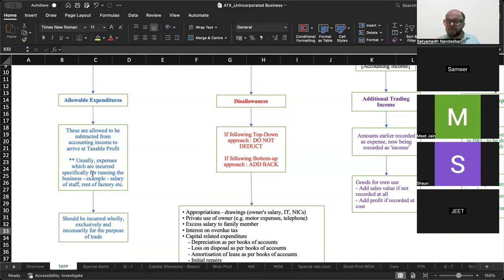Now, there are different reasons why these might not be allowed as a deduction. For example, Companies Act का depreciation or accounting depreciation is not allowed as a deduction. The provision is very simple. It says that income tax authorities say कि भाई हमारा अपना approach है. We have our own approach for calculating depreciation, which we call capital allowances. तो वो subtract करो.